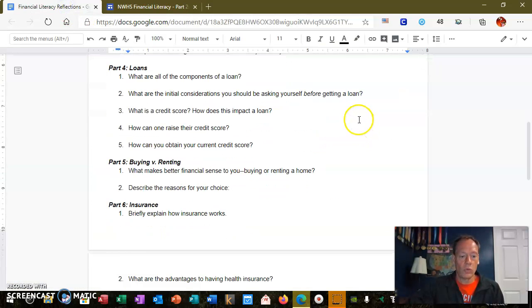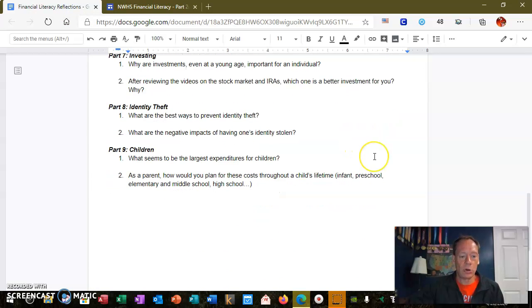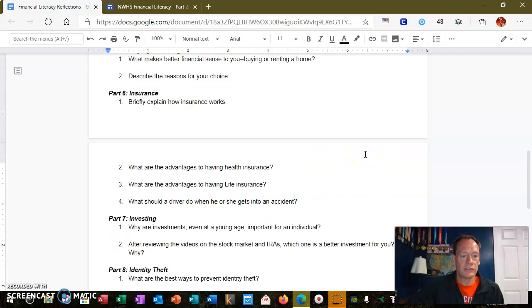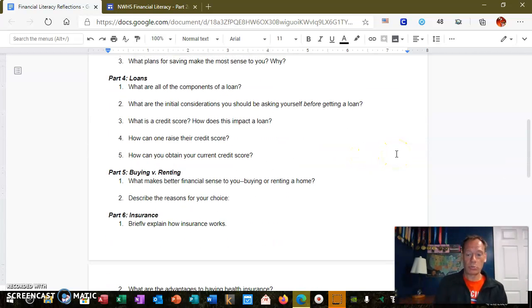Okay. So once you get all the way down to part 9, by the way, you can answer these questions on this doc. You have a copy of this document. So wherever you see the questions, just start typing below it. The last part is how much do children cost? And we have all of this in here, identity theft, investing, and so forth,